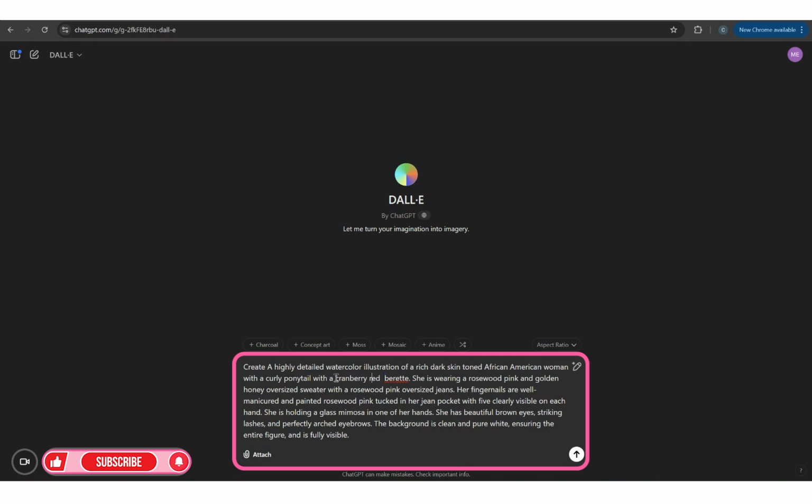Oh, so let's just do a curly cranberry red ponytail hairstyle. And we could change up the hairstyle in this case. And then we're going to add in what she is wearing. Okay, so then we're going to do, she is wearing a